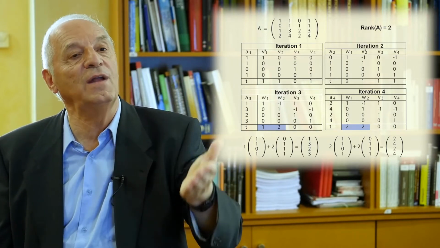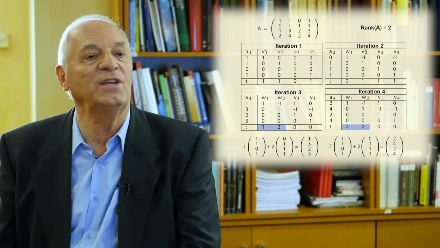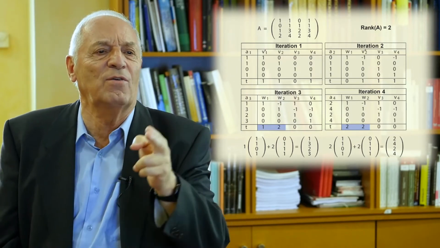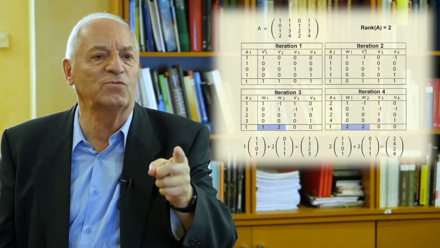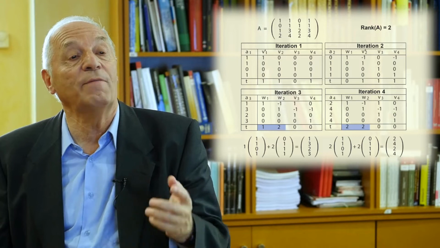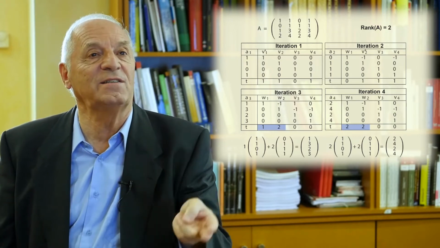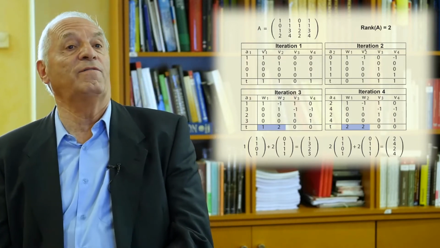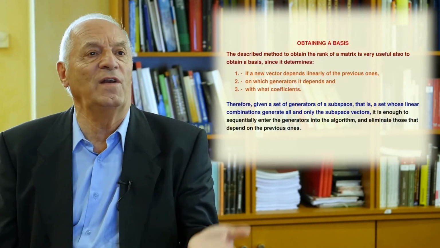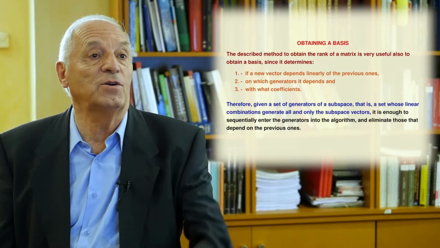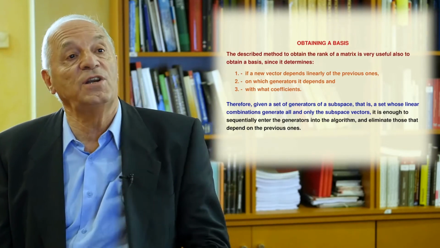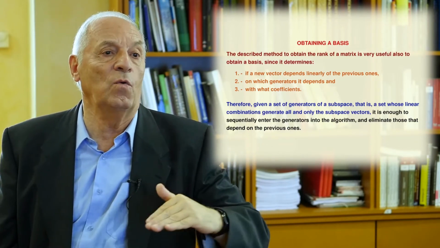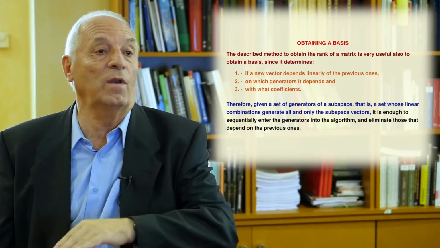We introduce another vector, and then we also discover that the new vector is also a linear combination, and we discover which linear combination: 2 times the first vector plus 2 times the second. So because we have been able to pivot only twice, the rank of the matrix is 2. Look what a very nice way of determining the rank of a matrix compared with the traditional one. Of course, we can obtain the basis of a linear space using this technique because we are given a set of generators, we introduce them one by one, and we discover which ones are linear combinations of the previous. We remove them, and we obtain the basis very easily.